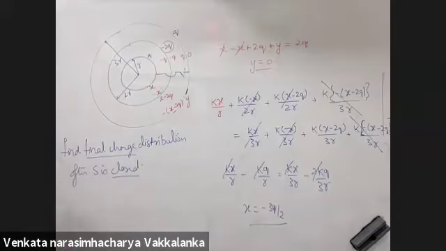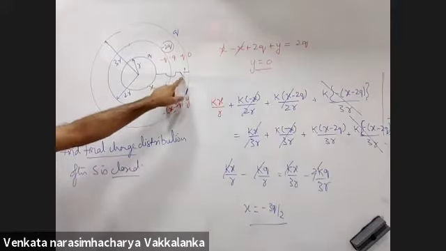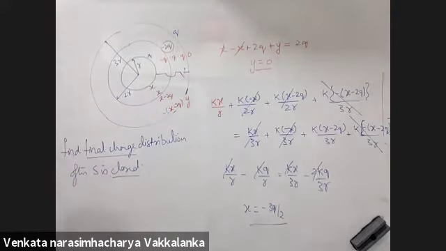So what was the reason why the potential became equal in both inner and outer one? You connected them. Two bodies connected, charge will flow in such a way that both will come down to the same potential. Right, sir. It will flow from higher to lower to attain equilibrium, right? Right.